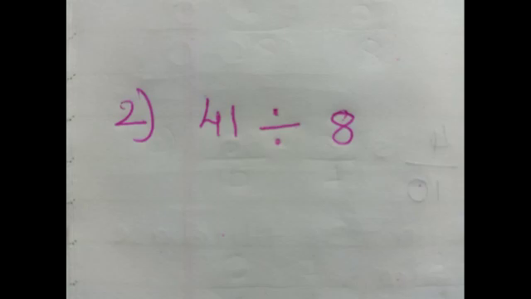Okay, so now you can see in 41 the first number is 4. Now 4 is less than 8, right? So you cannot take there 8 ones are 8. No. So you have to take both the numbers, that is 41 together. Okay, now you have to find out the number which is divisible by 8 and which is less than 41. Okay, so you have to find out the number which is less than 41 and it is coming in 8's table, because 41 does not come in 8's table. Okay, so which is that number? Yes, it is 8 fives are 40. Okay, now let us do the division.